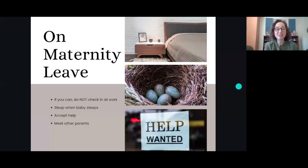Even if it's parents that are much older than you, maybe even retired or grandparent age, maybe there's someone in your neighborhood that's a grandparent but doesn't have their grandchildren close to them. Maybe they could be sort of a surrogate grandparent for your child, and could come alongside and maybe stay in the house while baby's napping so that you could get out and go for a walk by yourself, or stay in the house while the baby's asleep so you and your partner could get a date night. Every person in our village, in our community, has a gift that they can share